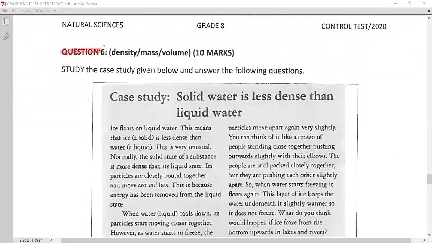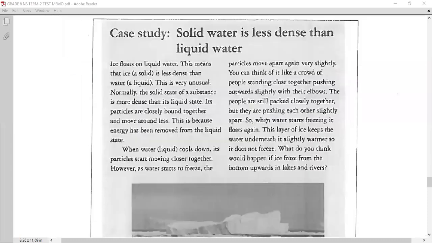Question 6. Okay, density, mass, and volume. Okay, it's about this. I told you which topic it's about. Study the case study given below and answer the following questions. I'm not going to read the case study. Okay, let's read the case study anyway, quickly. Looks like we have time, and then I can answer the questions. So let's read it. Case study,